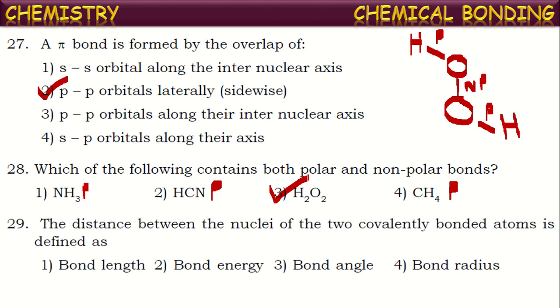Next, the distance between the nuclei of the two covalently bonded atoms is defined as. What do we call the distance between the two nuclei of the atoms which are participating in the covalent bond? That is called bond length. Okay, next,